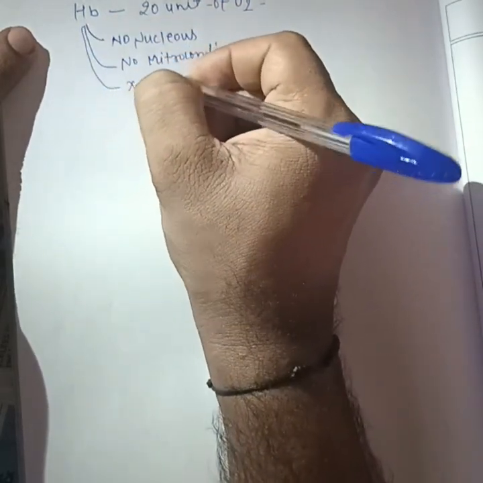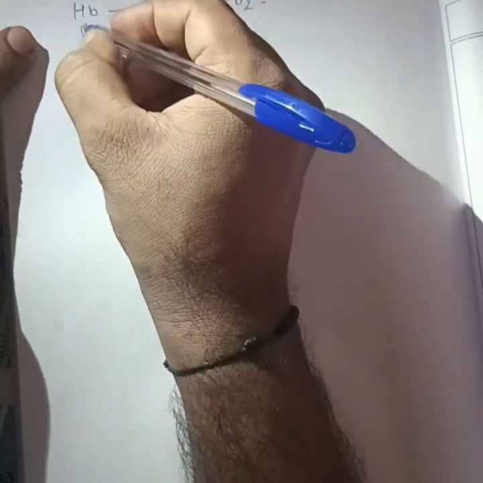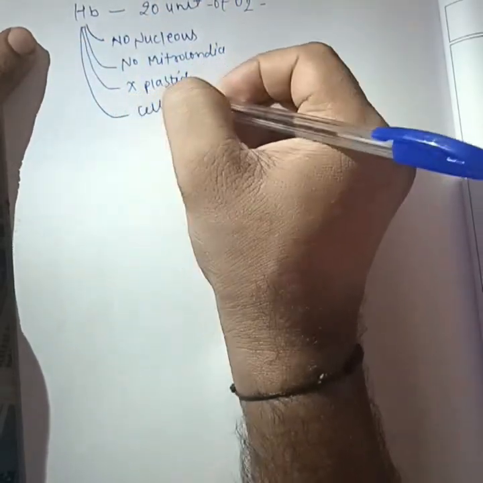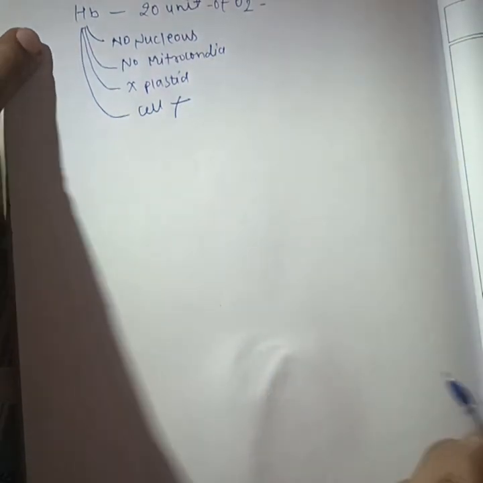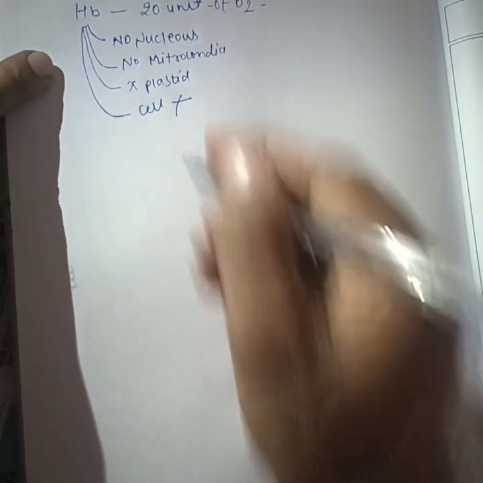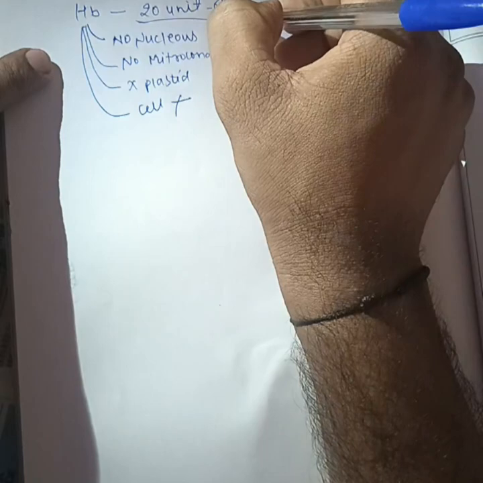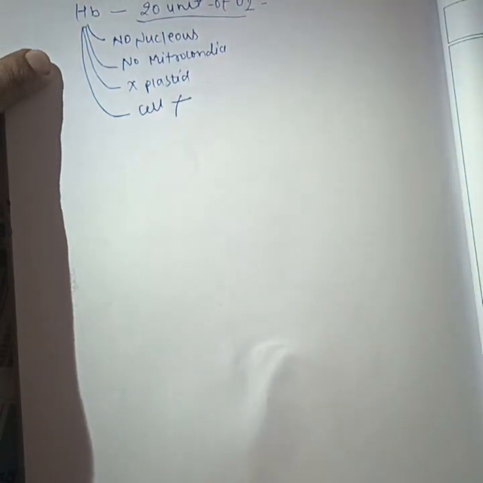No plastid. No other cell machinery. Okay, no other cell machinery. So that all 20 units of oxygen will transfer from one place to another place when it is needed by the hemoglobin. So hemoglobin